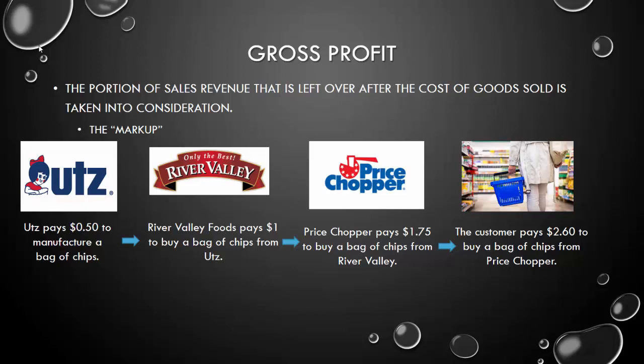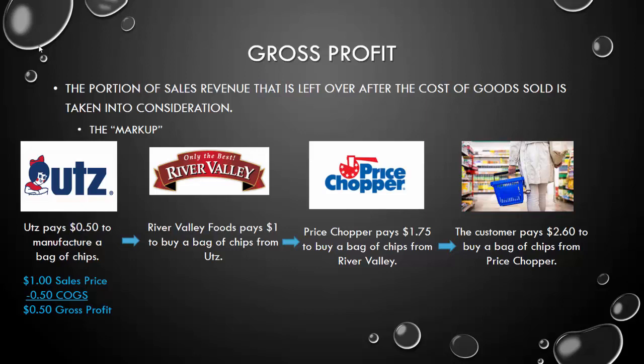There's a concept for retailers called gross profit. It is essentially the amount of markup that you are making before you sell it to the next person in this supply chain. Take Utz for example. Let's say Utz pays 50 cents to manufacture a bag of chips, and then they sell it to River Valley Foods for $1. Well, how did Utz make out on those chips? They had a dollar sales price. Their cost basis, or their COGS, was 50 cents, which means they made 50 cents profit off of each bag